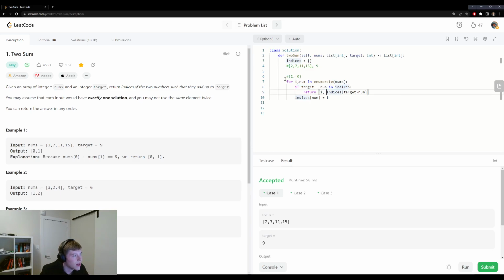So in this case, let's say we were checking if 9 minus 7 is in indices. It does something called hashing. So we hash the number 2, because 9 minus 7 equals 2, and we go and check this big table that we have, called a hash table, for whatever 2 hashes to. And the lookup for any of these hash values will be constant time,